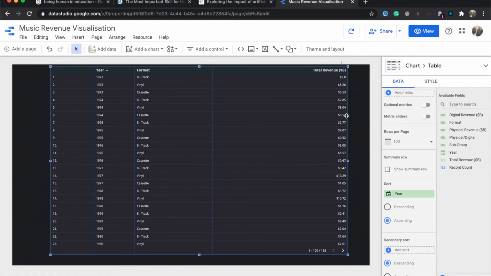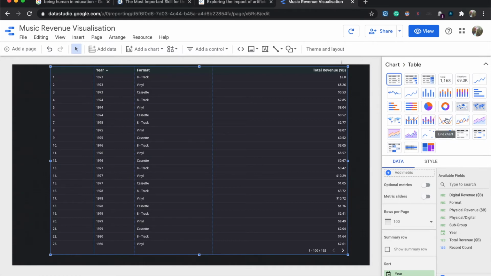So this is quite nicely set up, but this looks just like an Excel spreadsheet. We want to be able to tell a better story and visualize it much easier. So let's change the style, the type of table we're using. At the top, there's this drop down where it says table. I'm going to click on that,